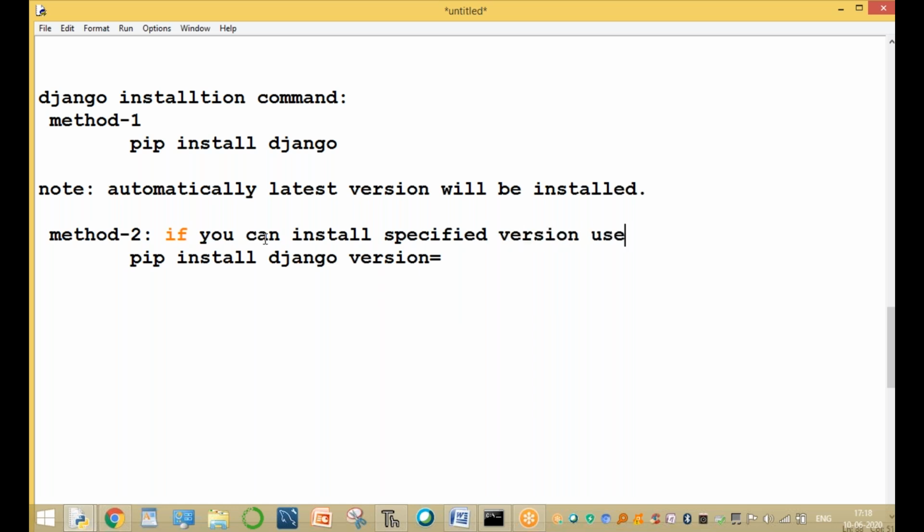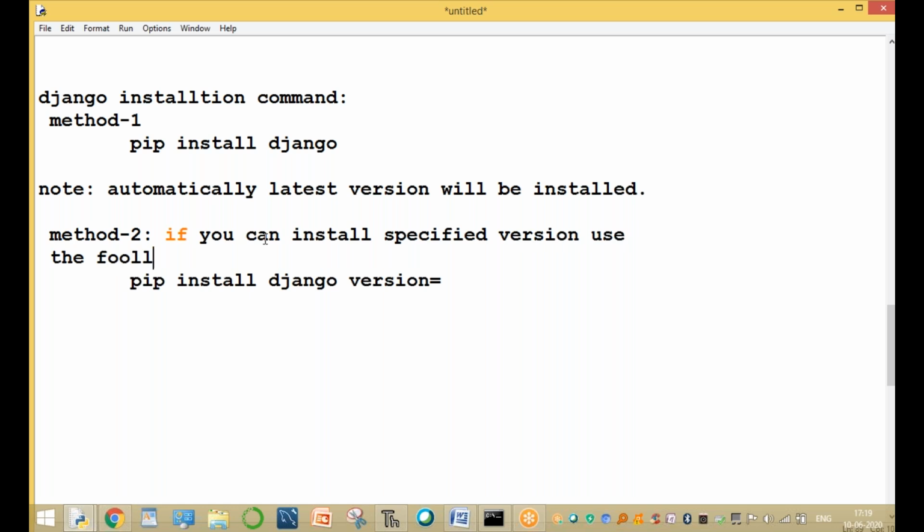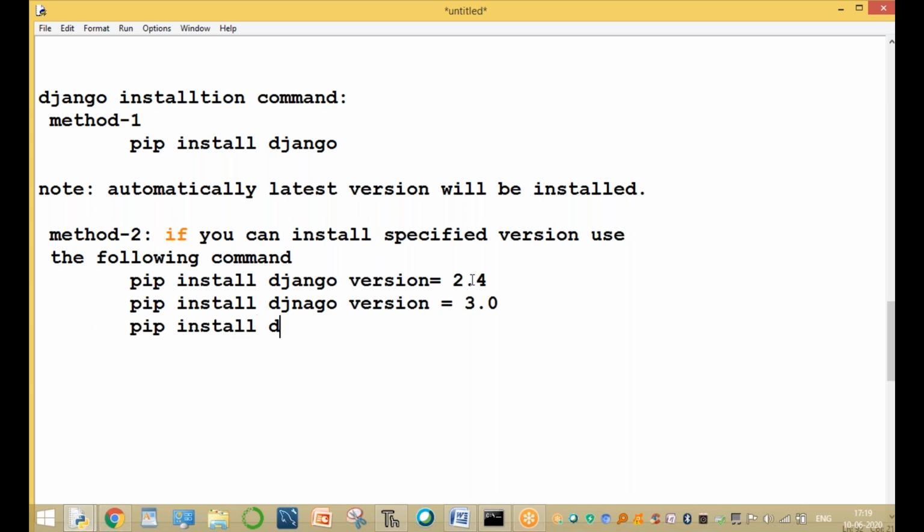Use the following command: pip install Django version 2.0 or 2.4, or pip install Django==3.0, or pip install Django==3.0.7. You can use any one and any value.